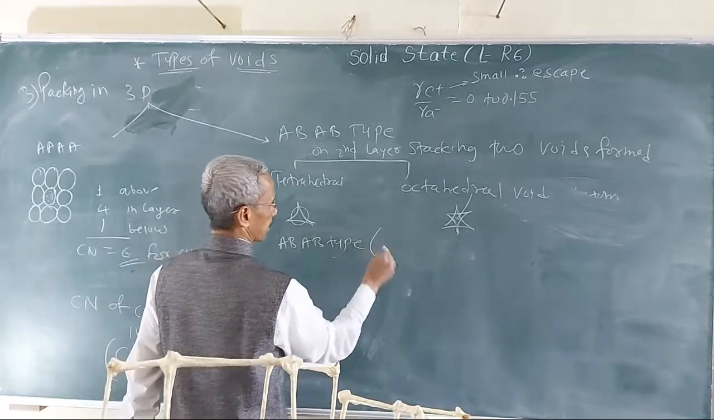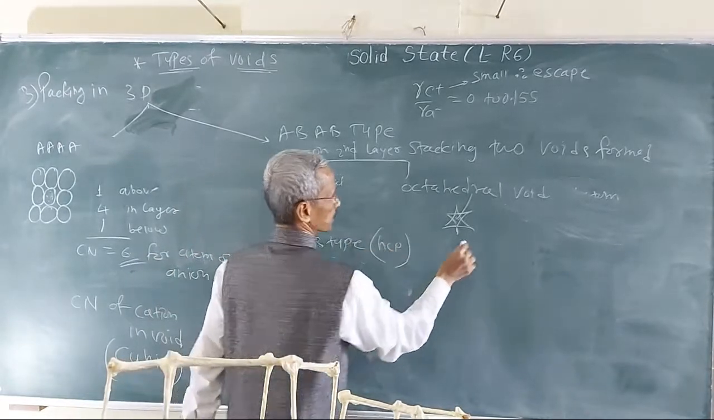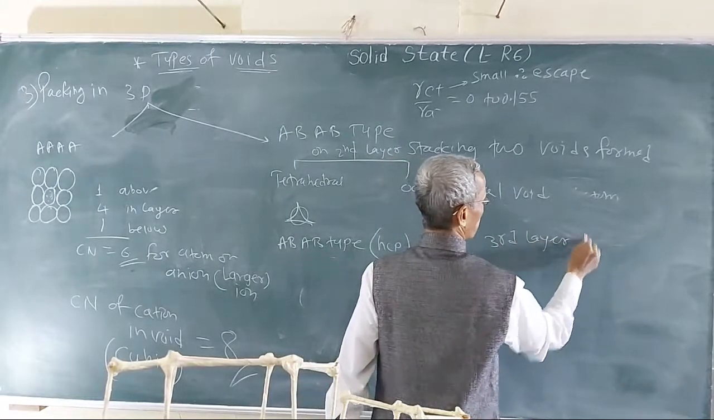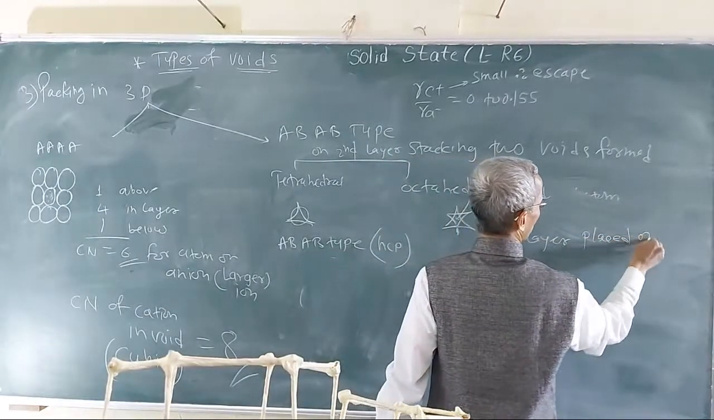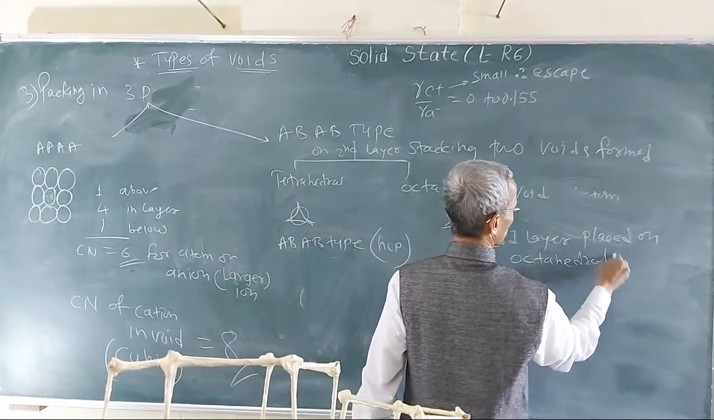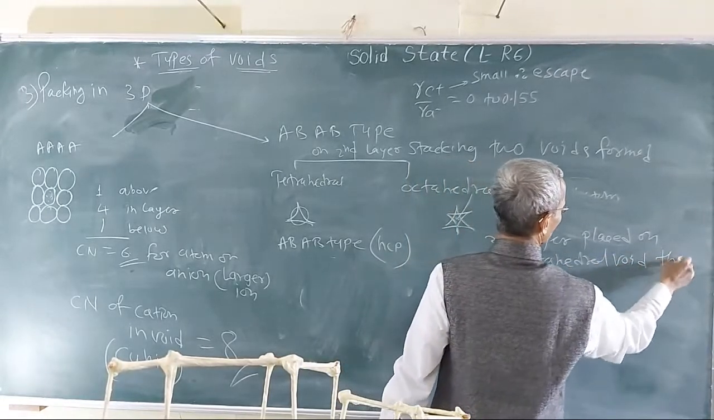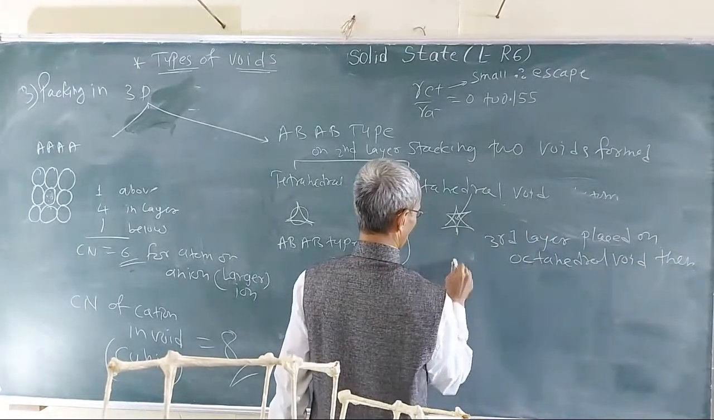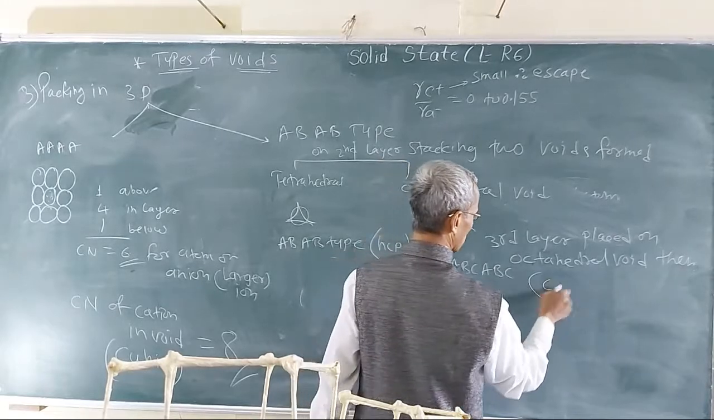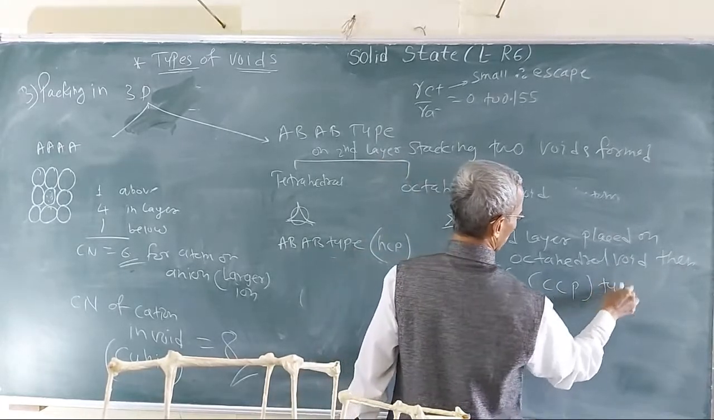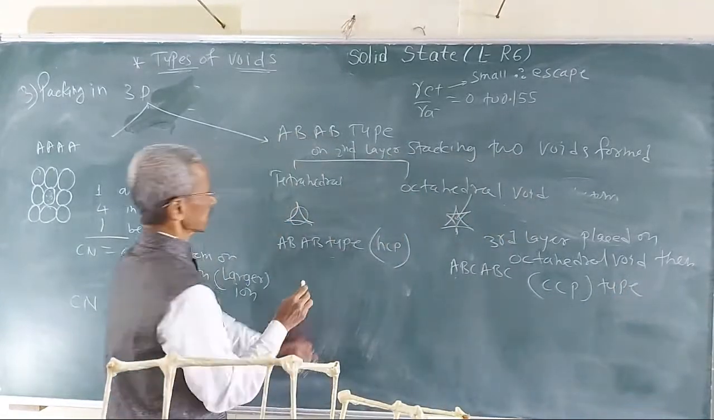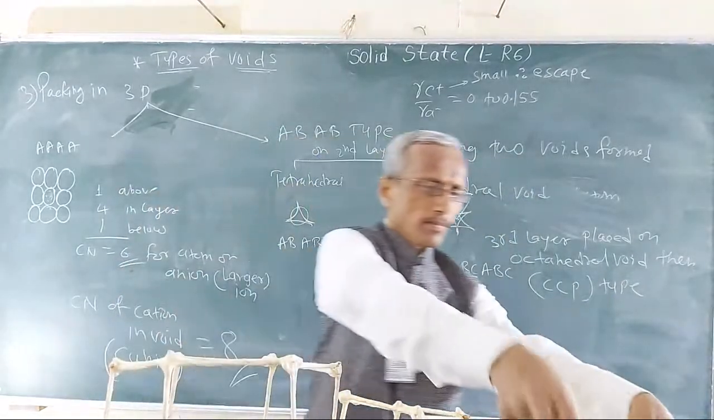that is the HCP type, forms if the third layer is placed on the tetrahedral voids. Then what happens? The ABC type, that is the CCP type, forms when it is placed on the octahedral voids. Now in this case, if you consider the